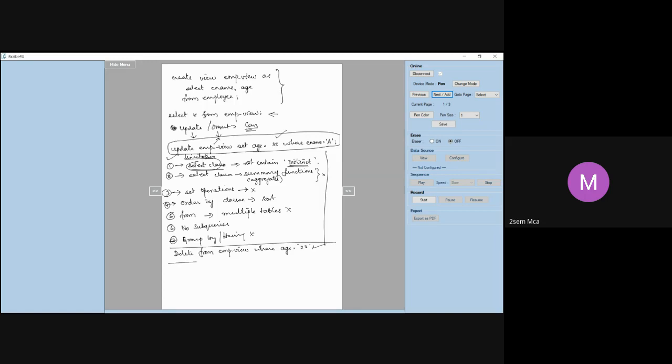Now, the next thing is, what about insertion? Can we do insertion?